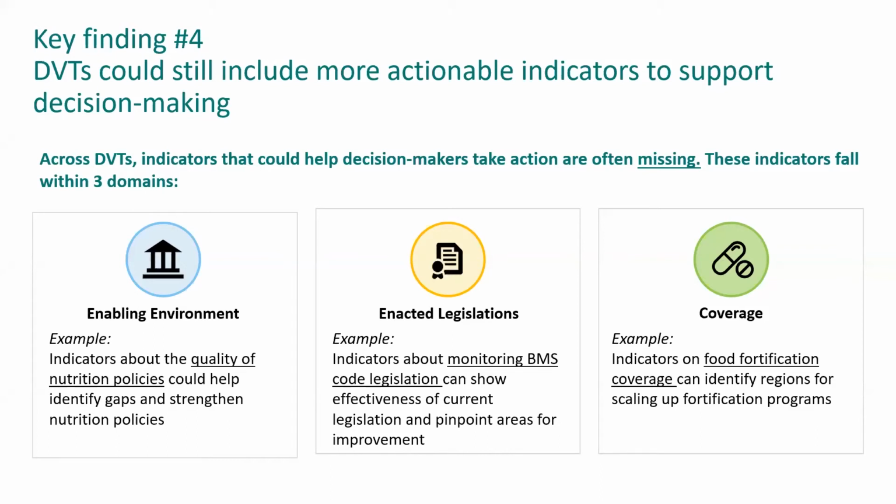Maybe just to elaborate on one of these, in the case of coverage indicators, one of the most obvious gaps are coverage indicators for interventions, which makes it very difficult for decision makers to know what coverage gaps there are, where, and so where they really need to prioritize their attention. As I say this, I think it's also important to acknowledge, and something we learned from our DVT reviews also, is that a lot of the indicators are included in these DVTs based on data availability. And so this is also a data prioritization issue. It's not that DVTs are just not including it, but for many of these indicators, data is also not available.